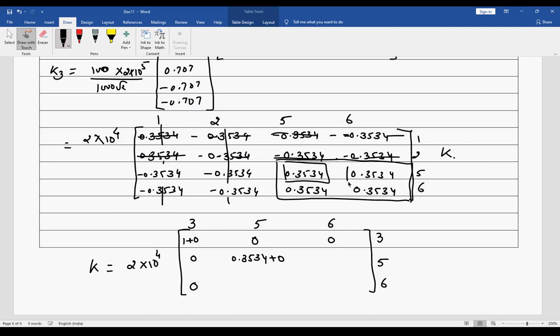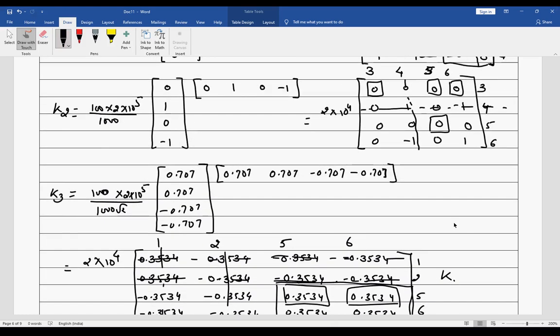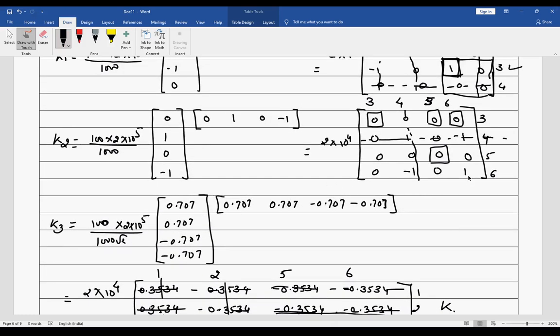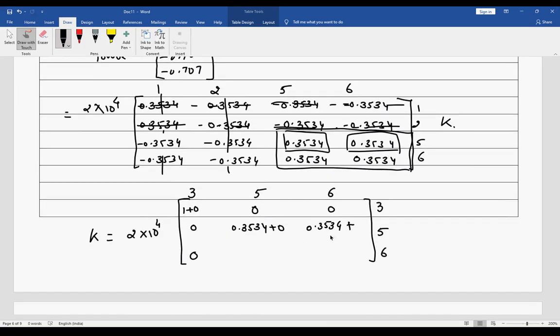So 5, 6 is this one, so I write 0.3534 plus 5, 6 is also here, which is 0, plus 0.